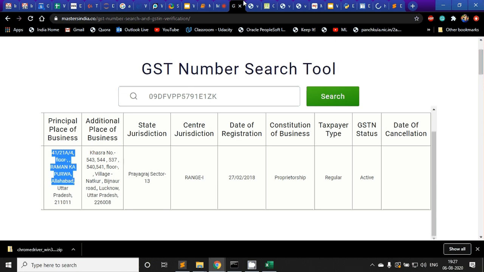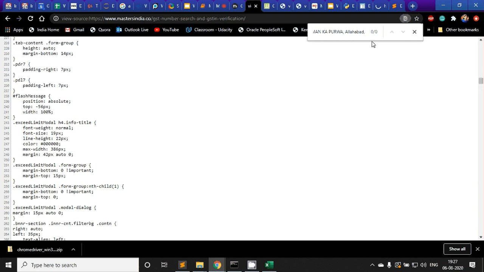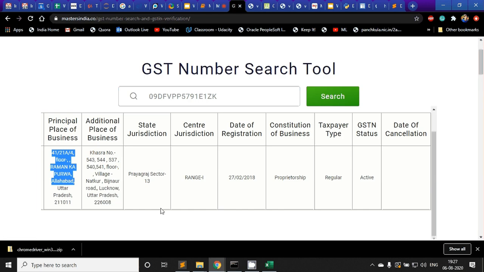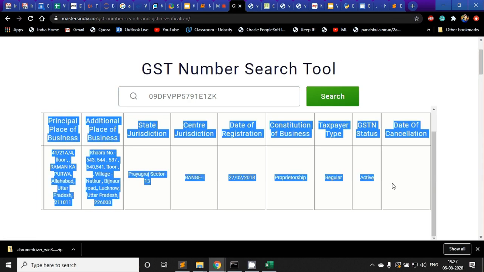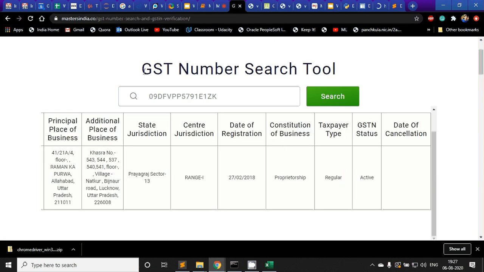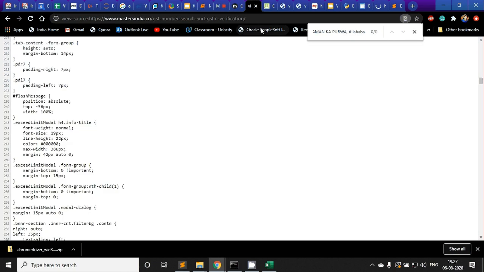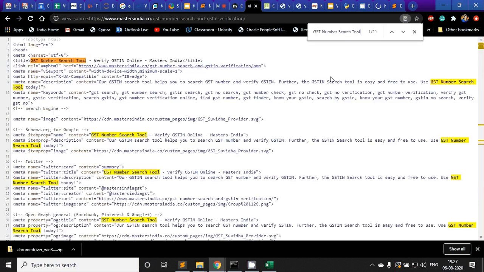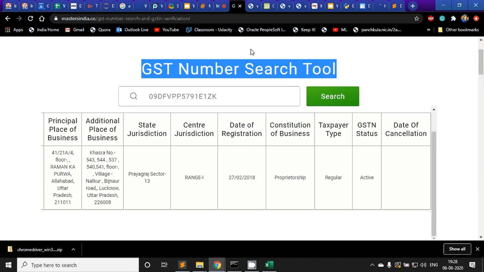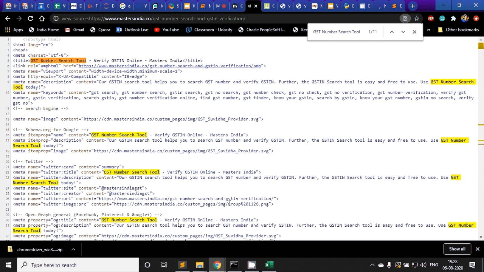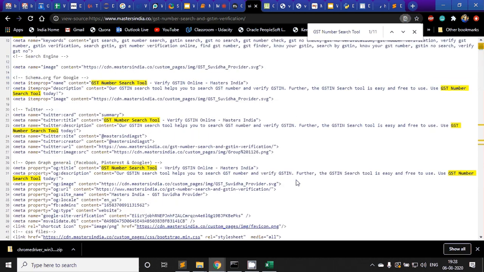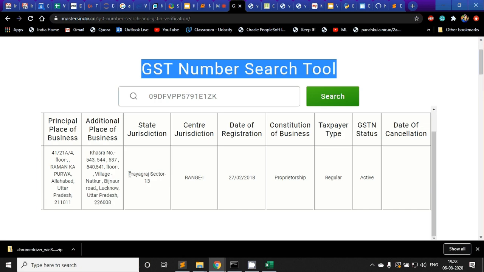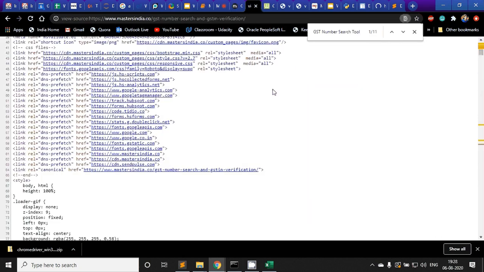And why did I search only this text? Because this was dynamic. If this was static, that would have come there. But if I search this one, it is found because that is static content. Only this one is dynamic content, and we found that it was not available in this web page. We could not find this. Let's say this address was not found here, right? What this means is that the website does not have data in page source.